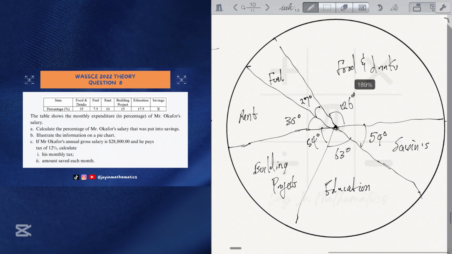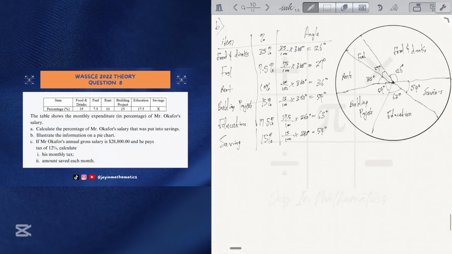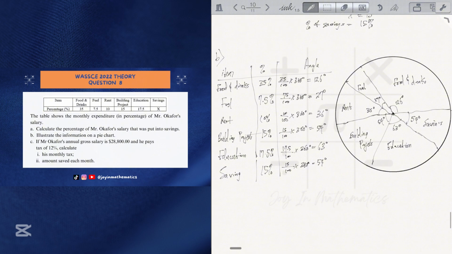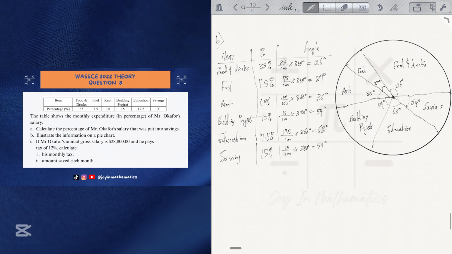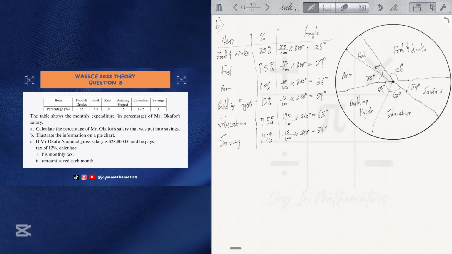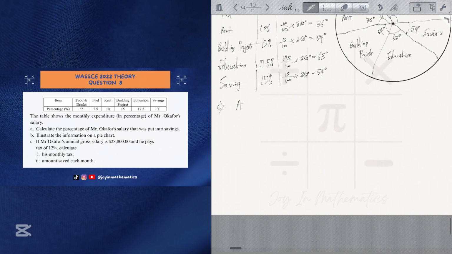So with this, we have a sketch of our pie charts using the percentage of each item. Now let's proceed further to question C. Question C says, if Mr. Okafor's annual salary, we're given Mr. Okafor's annual salary